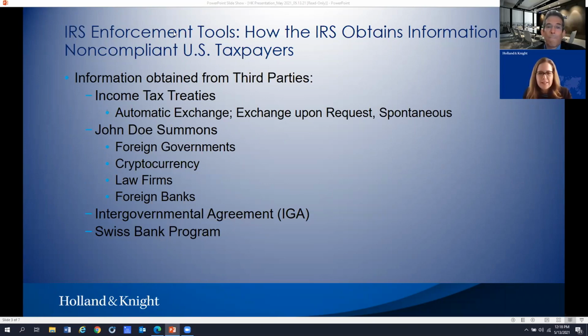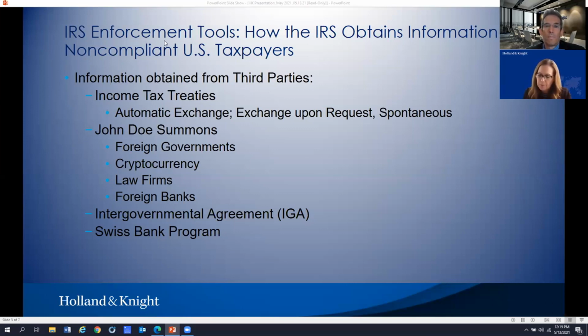All right, cryptocurrency seems to be a hot topic lately. The IRS is actively going after taxpayers who have failed to report income in connection with crypto transactions. And we now have Operation Hidden Treasure, a collaboration with the IRS Criminal Investigation Division and the Fraud Enforcement Office. They're trying to find taxpayers with unreported income from virtual currency transactions. And I know at least in the last couple of months, there have been at least two John Doe summons issued to virtual currency exchanges, Kraken and Circle.